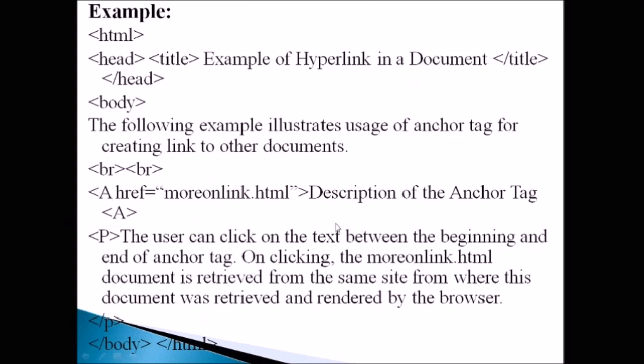Okay, again I am telling, the text which should be clicked, which should have a hyperlink, should be given within this anchor tag. Okay, the description of the anchor tag. And then when we click on this text, it should take us somewhere, isn't it? That file should be given within this A tag as href. Okay, href is a property of the anchor tag. Using href, we should give the file name where this link should take us.